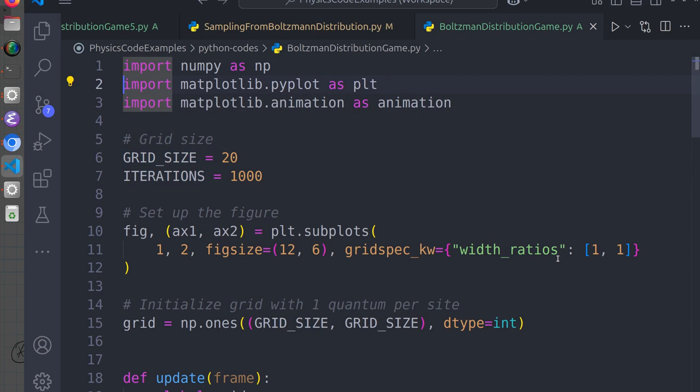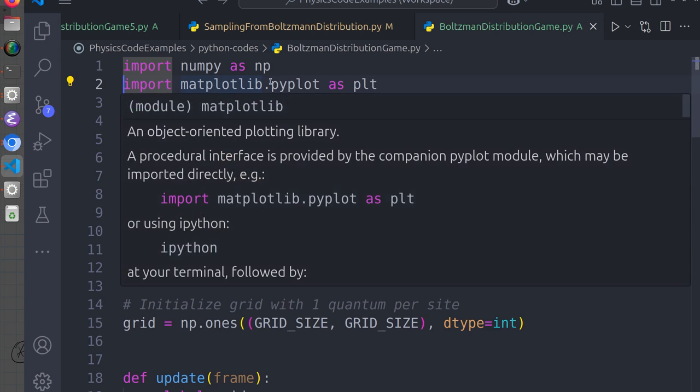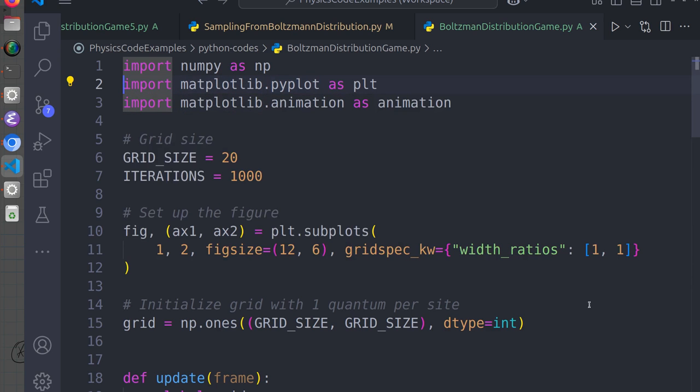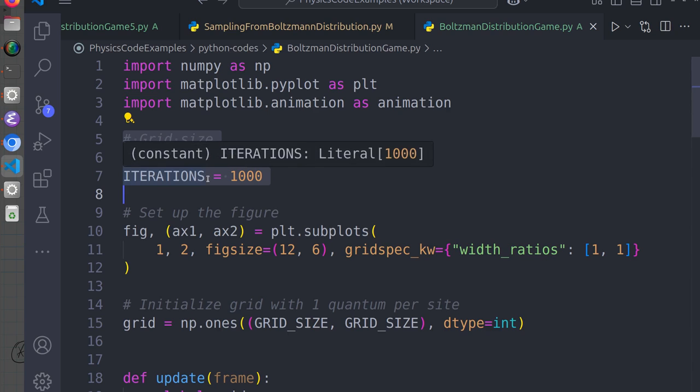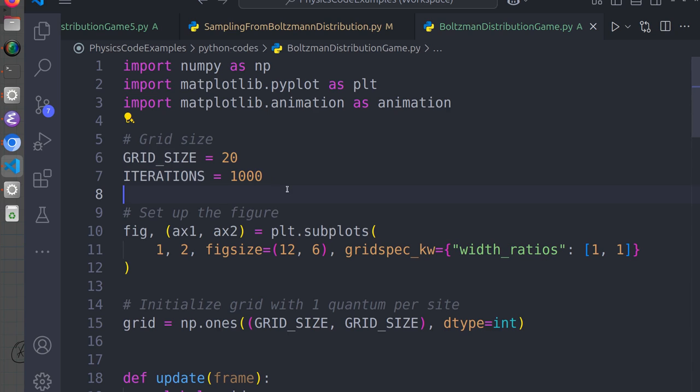So it's based on NumPy and Matplotlib. So when you import those, and the grid side here, we're going to have a grid with 20 sides. So in 2 dimensions is 20 by 20,